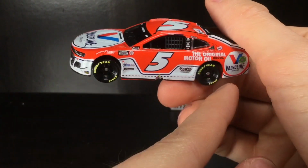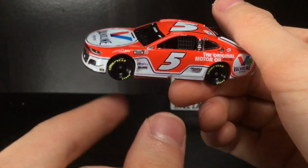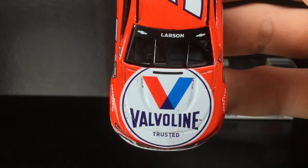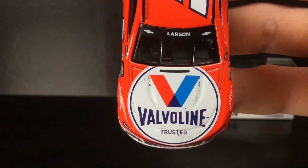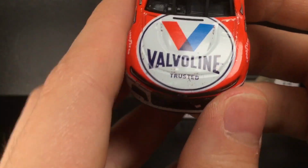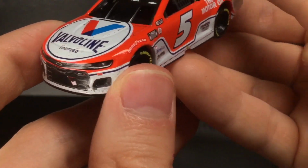This Valvoline primary car is already starting to dry up. That's what I'm saying. It is that popular. So to get a raced version of it is only going to be more incredible. Obviously, this paint scheme could be in the Authentics line. Would not be surprised one bit. We do know the not Valvoline, but the Las Vegas win has already been in the Authentics with Wave 1